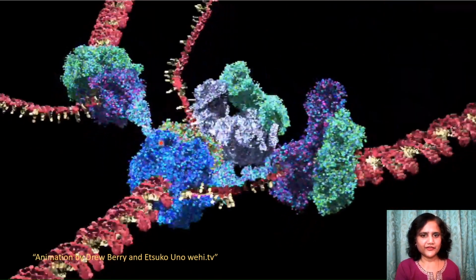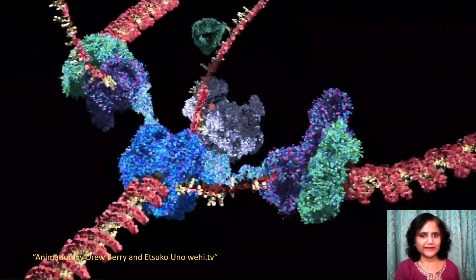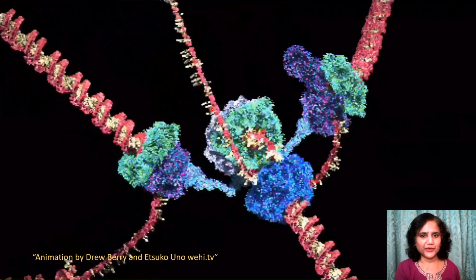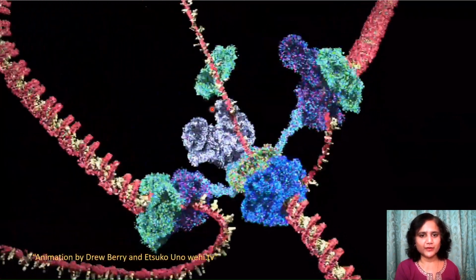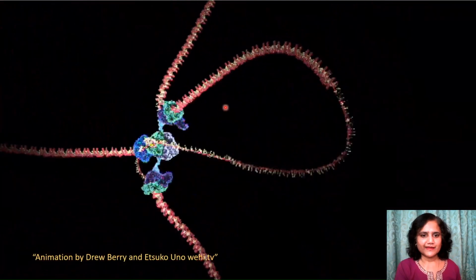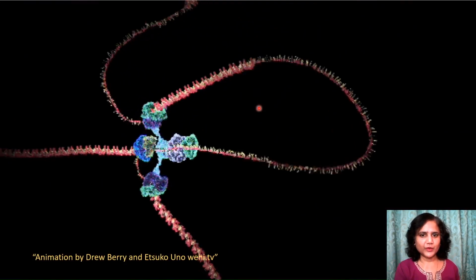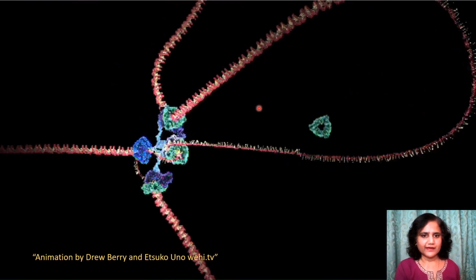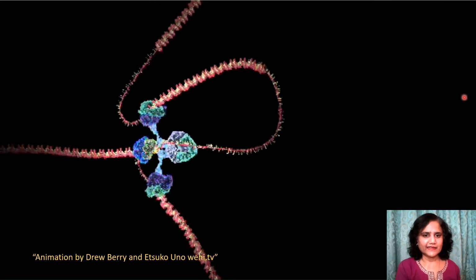So this is indeed a fascinating process, and in fact a lot of problems can also happen when there's such a complex process going on that may need to be corrected or monitored by the checkpoints. There again, that's the lagging strand, let go of the polymerase. So I think it would be clear.